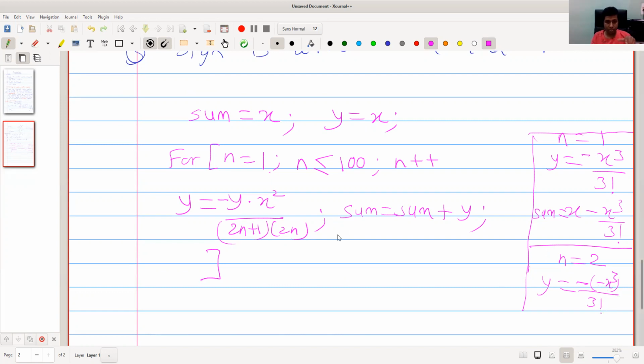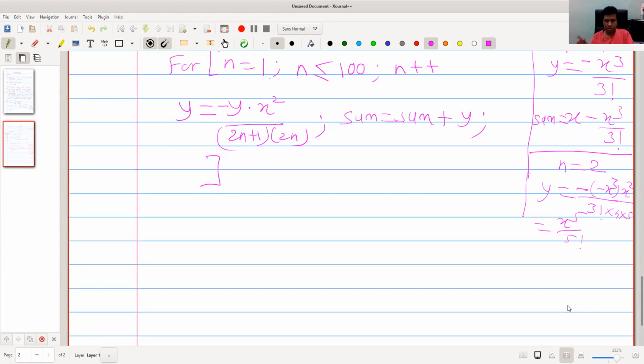This is y multiplied by x square divided by 2n plus 1 into 2n. What is n? n is 2. So 2n is 4 and 2n plus 1 is 5, so into 4, 5. Minus minus is plus. So x raised to 5 divided by 3 factorial into 4 into 5, that is 5 factorial.